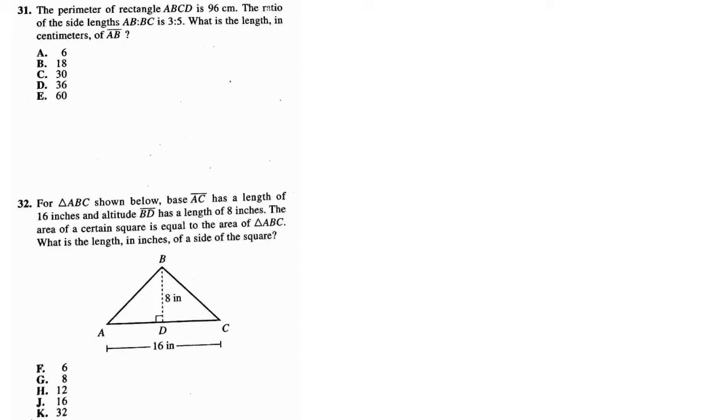All right, now we're on part 2 of test 1. In number 31, we are given that the perimeter of the rectangle ABCD is 96. So that tells me perimeter. Remember, if we're talking about a rectangle, we have the length and the width. So we have 2W plus 2 times the length is equal to 96, and of course I would reduce that,